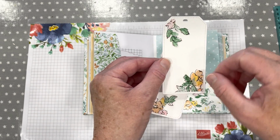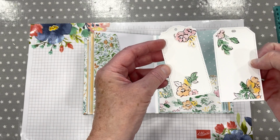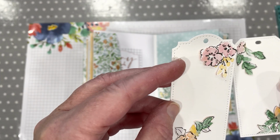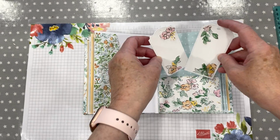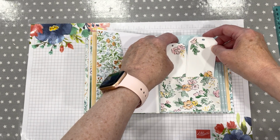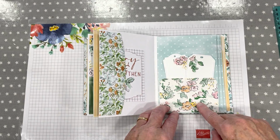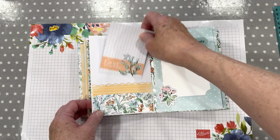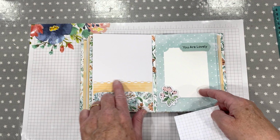Again, just corners, bits and pieces off the edge of my DSP, literally. And everything has got Wink of Stella on it, of course, to give them a sparkle. And that is a little pocket that I've made out of DSP, just rounded the edges off. Another little pocket with a different